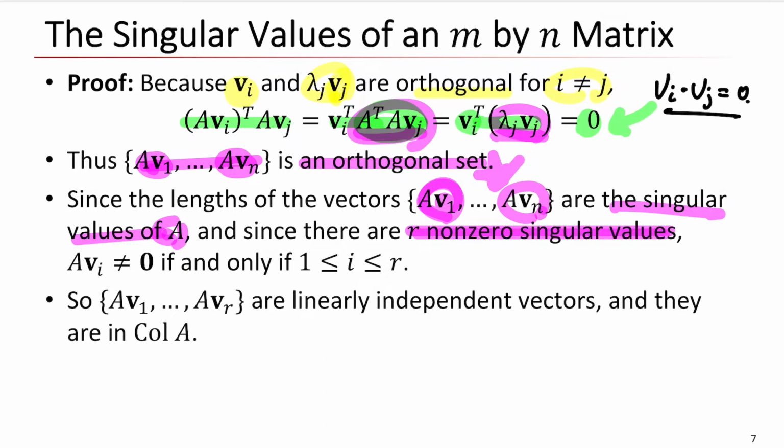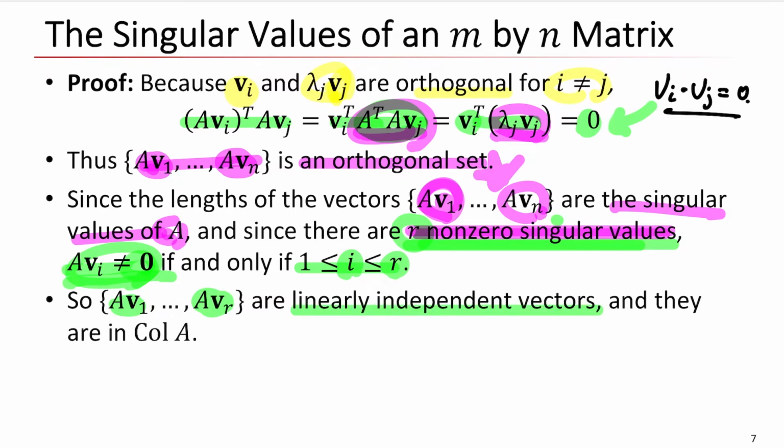So we can say that Av_i is not equal to 0, because there are only r non-zero singular values, right? If i is smaller than r, then Av_i is not equal to 0, because there are r non-zero singular values and the lengths of the vectors are the singular values, right? So from here, Av1 through Avr are linearly independent vectors,